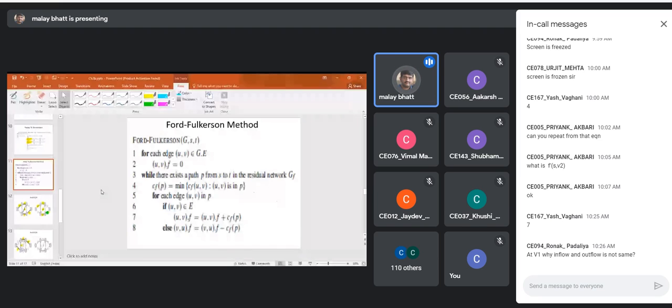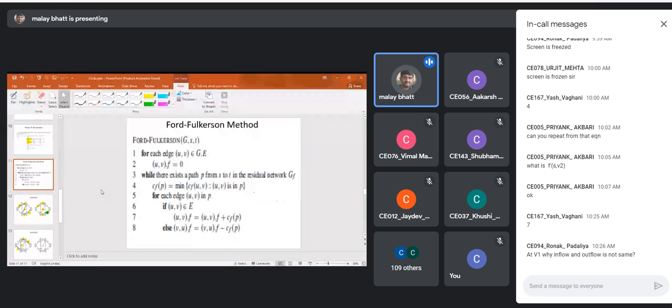This algorithm is very interesting. This is what we are doing in all the iterations, right? Once more, we are going through steps 3 to 8. There exists a path from S to T in the residual network. We are selecting any one path. Then in that path, there are some edges. So for each edge, we'll put the capacity. What is the current capacity of that edge? And the minimum of all that capacity will be the flow value.